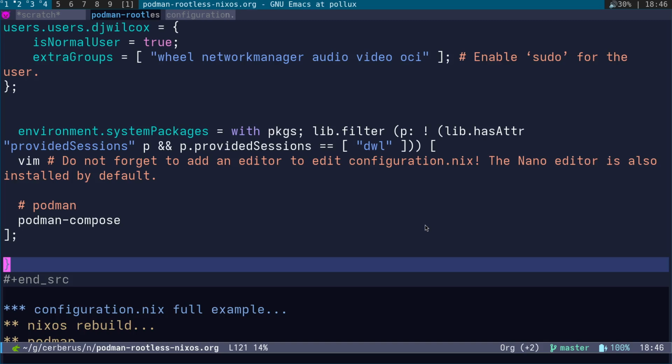Now, I'm using Home Manager as well, standalone, but there are some applications that you actually want to install with configuration.nix for various reasons, so they actually work properly with stuff. So in this section down here, environmental system packages, we have Podman Compose, and this is used with compose.yaml files